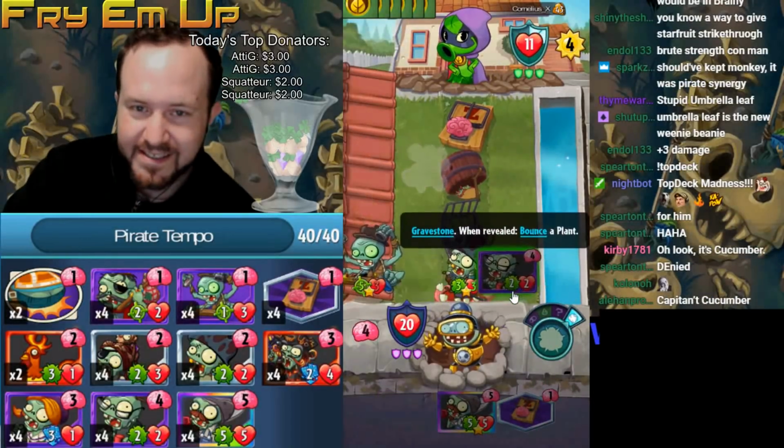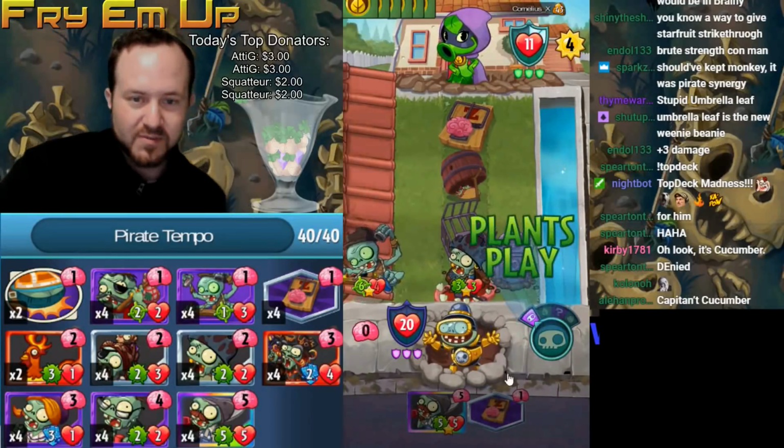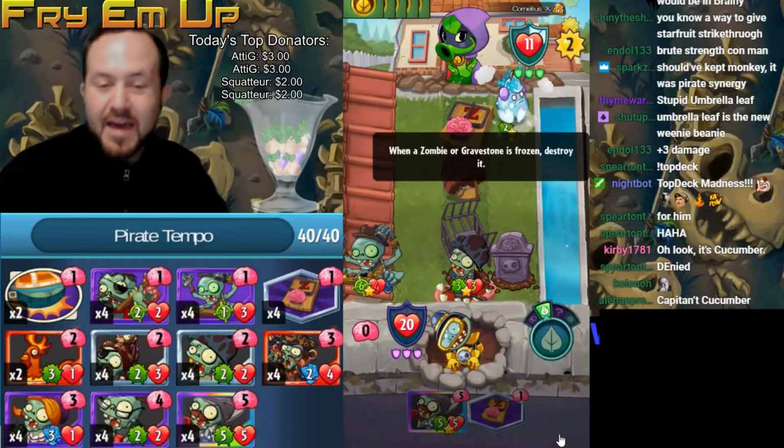Absolutely fantastic. We're going to put this here just in case it rolls double threes. The Swashbuckler will then be able to grow. What can you even do here? It happens to be the mix of...